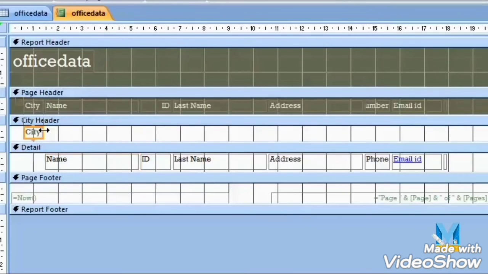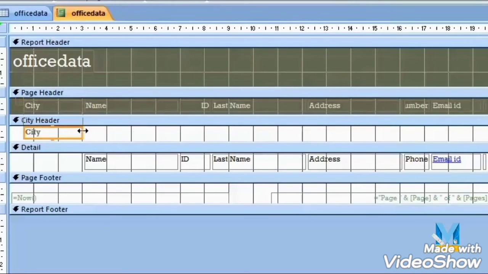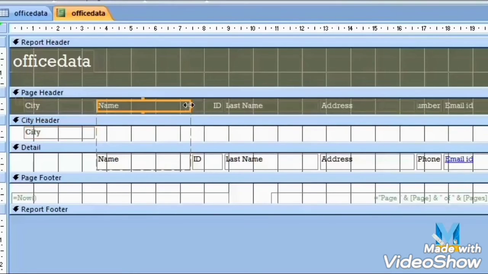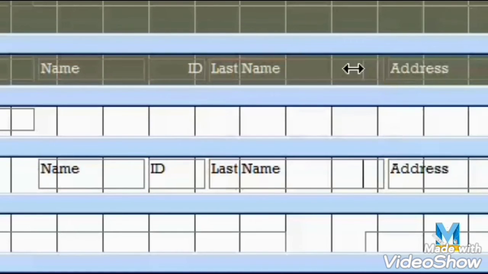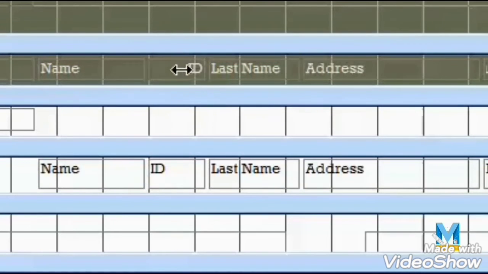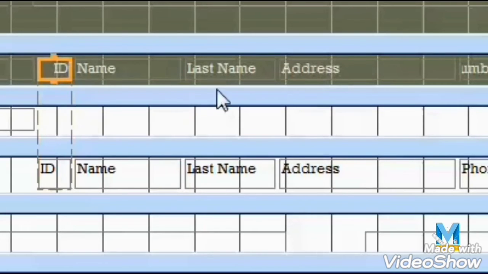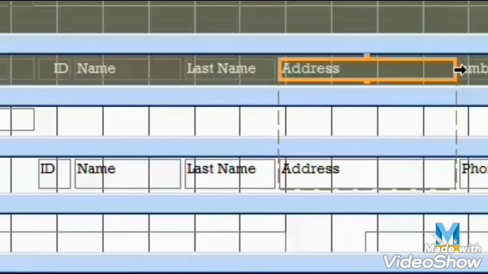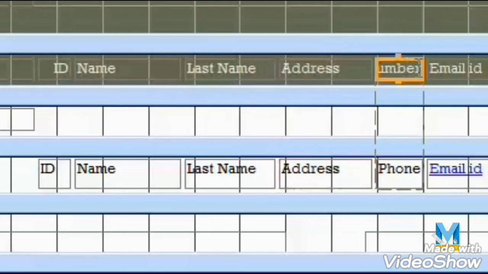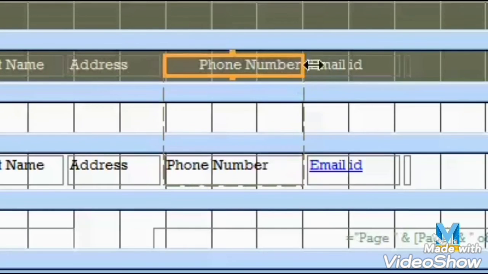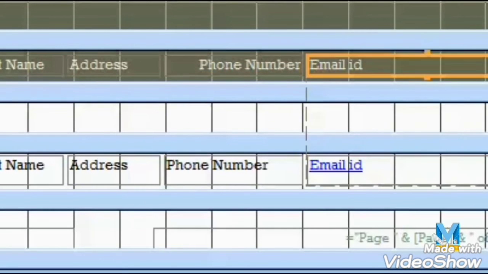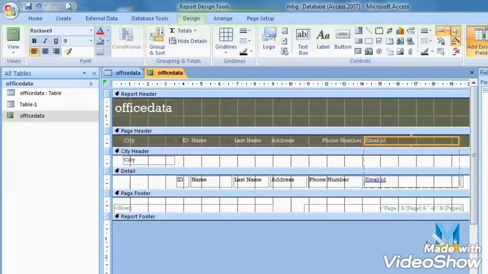Now see, that table report I will open in the design view, and I want some changes. See here, I decreased the row height. In the page header, all the different types of fields are there, and in the page footer, different types of records are there. I want to change the size of text, and I will manage the space on the report, that is also possible with the help of the resizing concept.